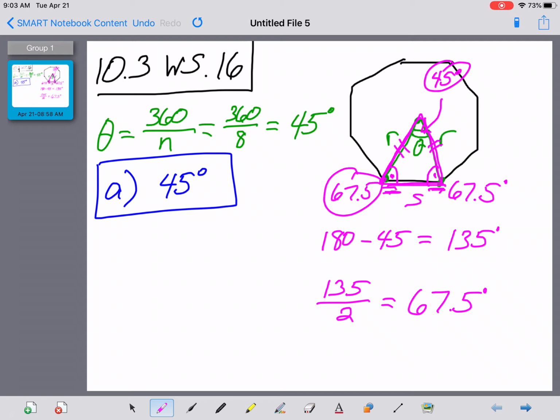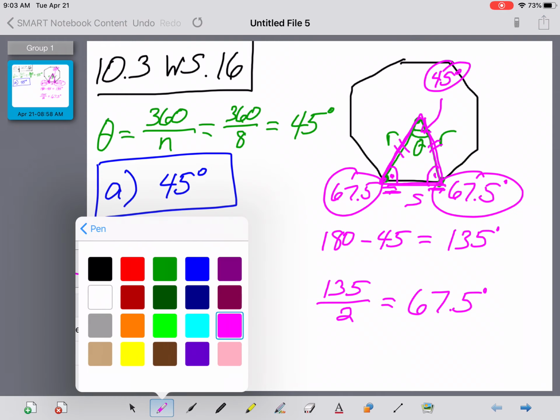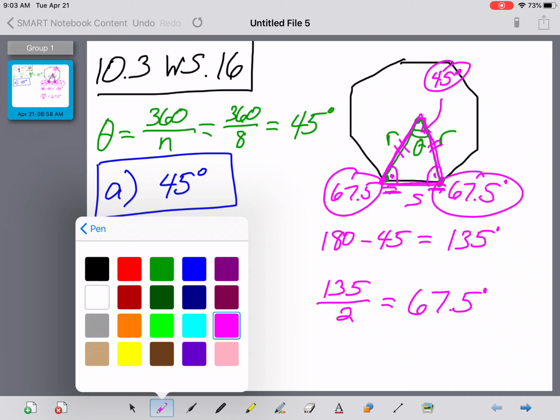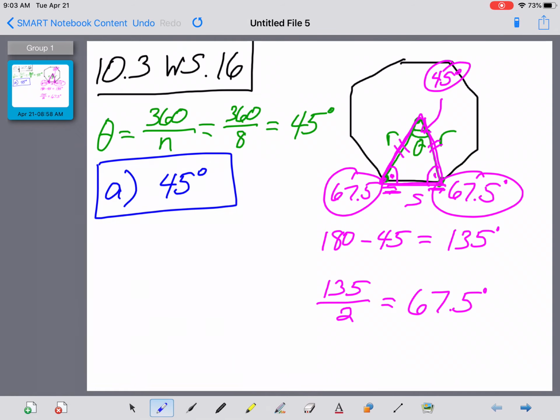And right there, guys, we have the measures of all three angles within our isosceles triangle here. So again, just to make sure I've got this right, part B to this question was asking us for the angle measure between a radius and a side length in a polygon. There's our answer right there of